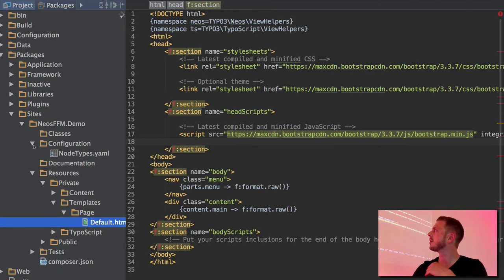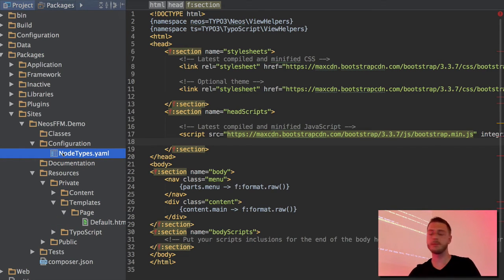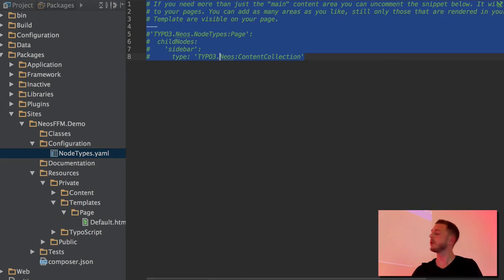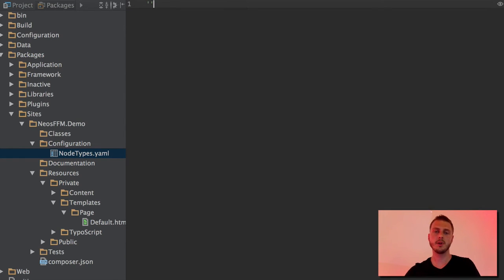Now, we've got our node types.yaml, and we will just add this here and say, we'll call this storm. Oh no, I need to namespace it correctly. Neos FFM demo Jumbotron. Right, this is the name of my node, and then I can define how it's going to appear